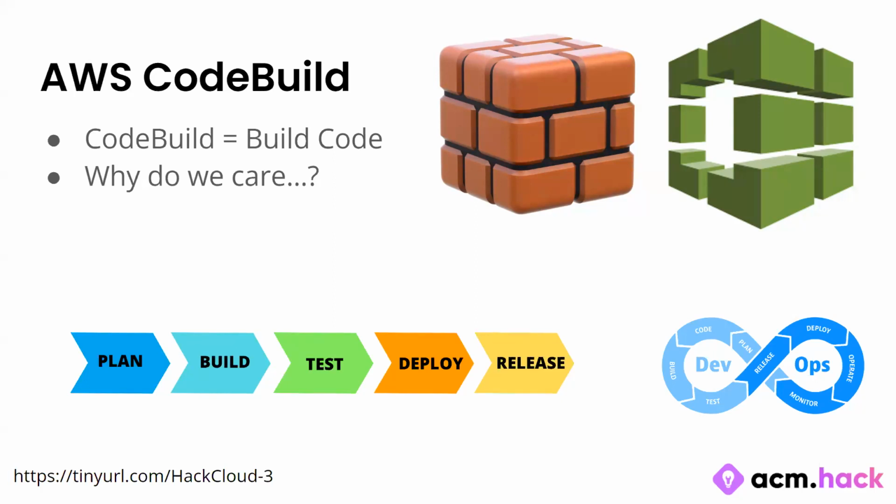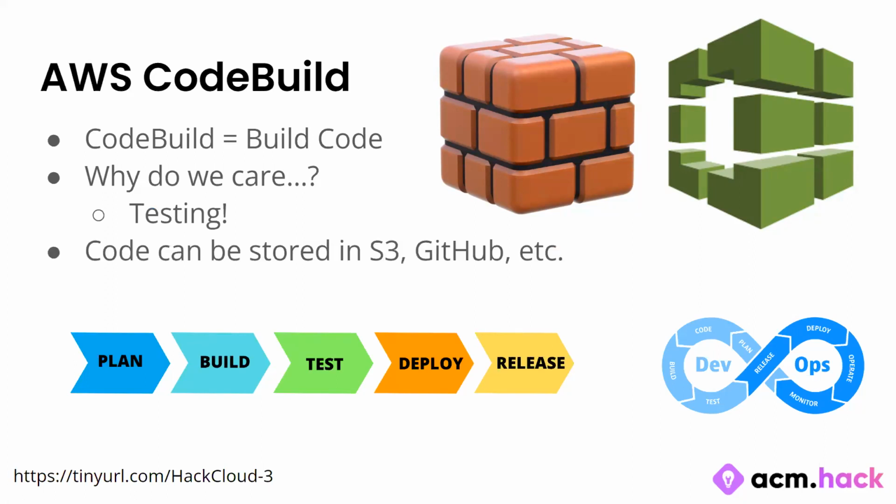Well, the reason is because it facilitates testing. Not only does this allow us to run in an environment that is the same as the environment that we intend to actually deploy our app in, but it also allows us to build in automatic tests, so that all we need to do is press a button to build it, and then it'll build, make sure everything's okay with the configuration, and then run those tests, make sure everything is actually working the way it's supposed to. So again, it's getting back to the idea of automating as much as possible to minimize the chance for error. CodeBuild can pull our code from a variety of sources, S3, like we talked about,